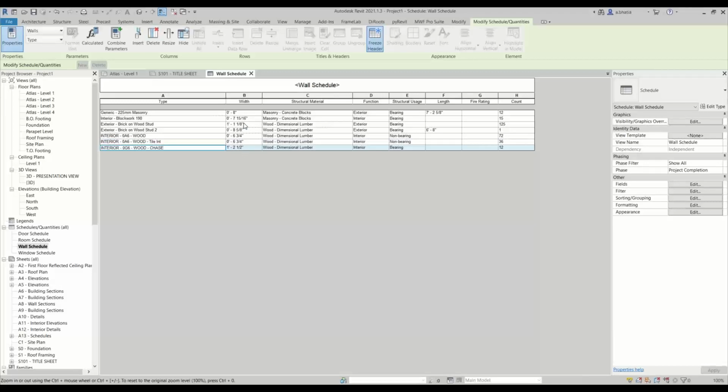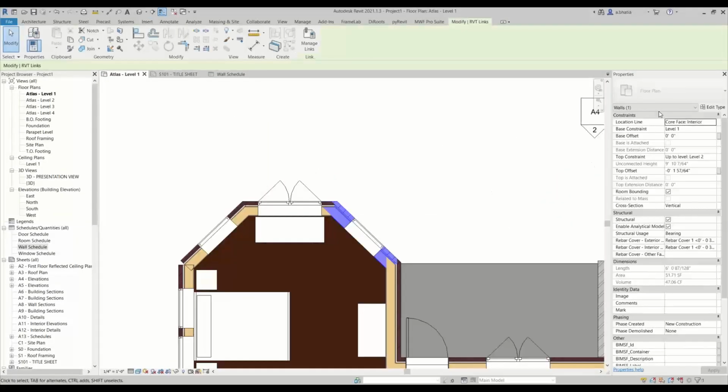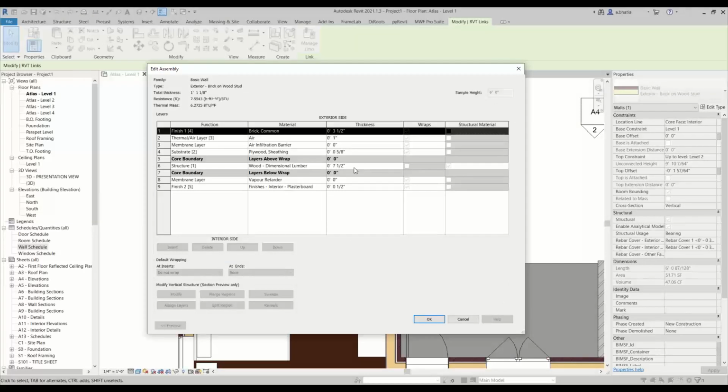So this tells you the thickness of the wall. It doesn't really tell you the thickness of your stud, right? So at least now you know we have a few different types of walls. So we need to investigate what these might contain, right? So let's go back to level 1 here. I'm going to tab and select the wall here, and hit edit type just so that I can see the thickness of the structural layer. So here you can see it's